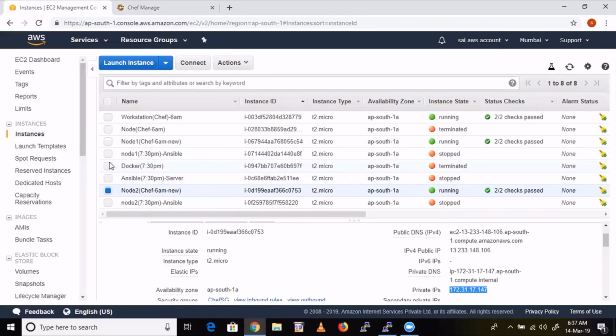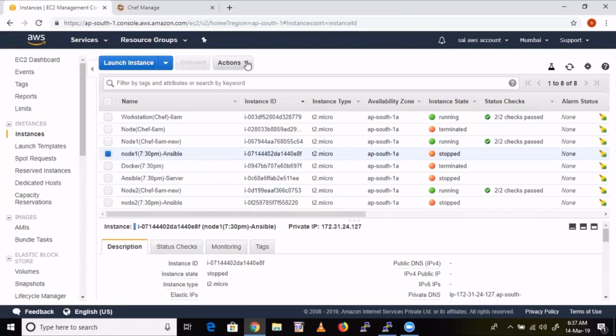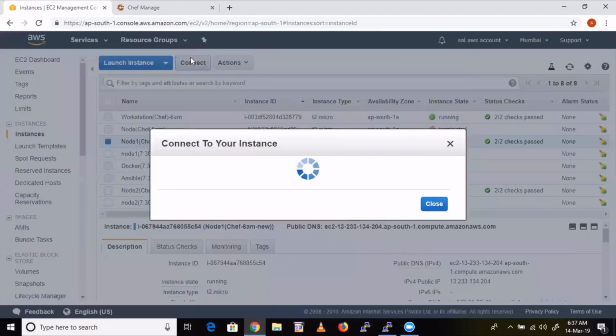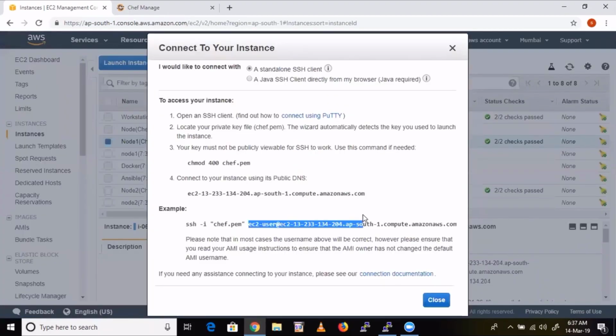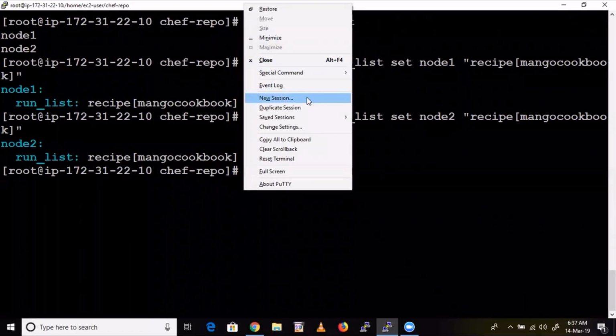So it's only a one-time effort. Go inside the node. It's only a one-time effort for the last time. You are going to run chef client inside the node for the last time.